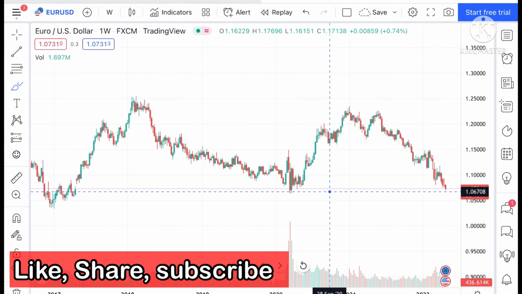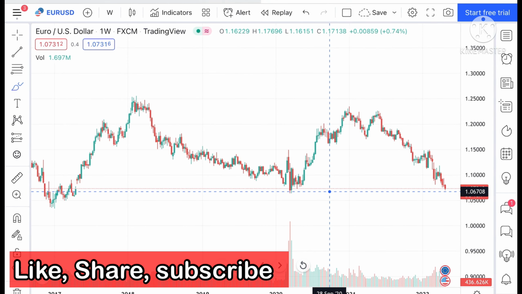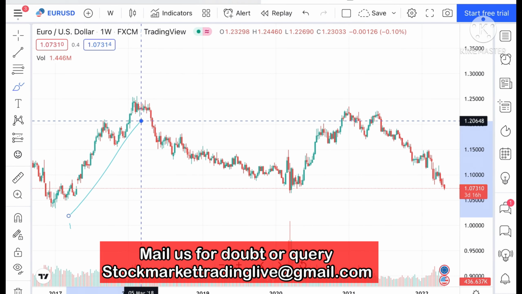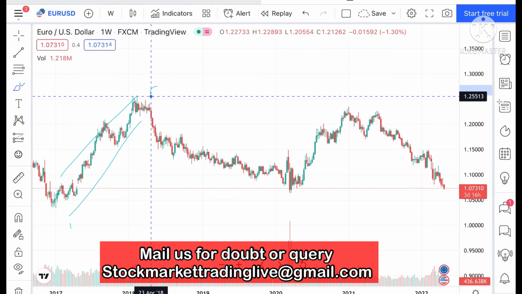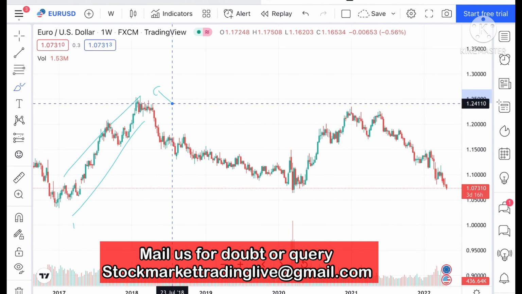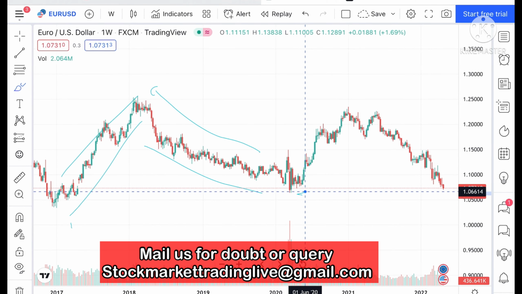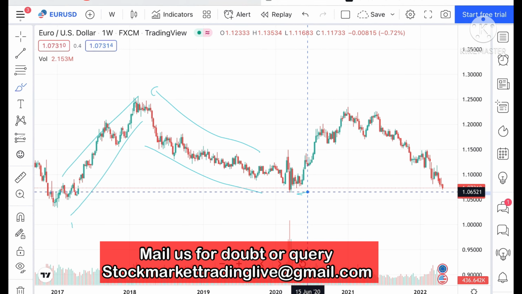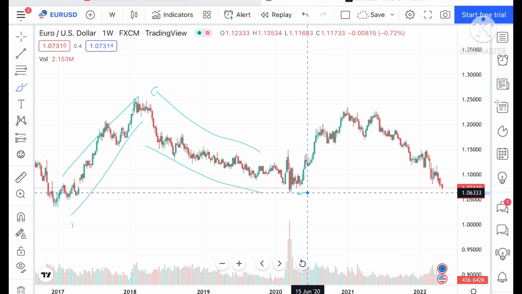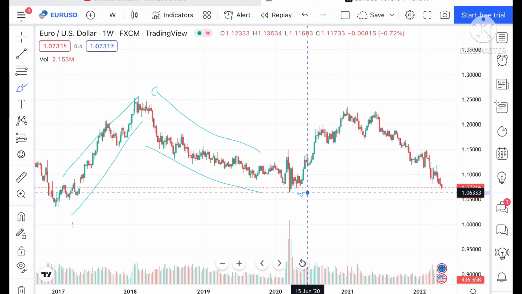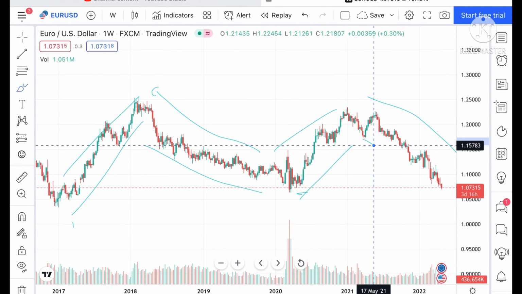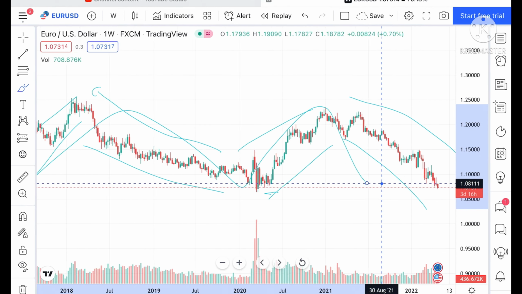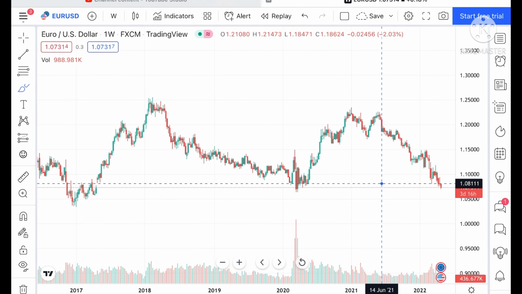Okay, if you look at the chart of Euro USD, what we can see is that from 2007 it made a low and from there it went up. It made a high of around 1.255 and from there it came down. After touching this particular low of around 1.06521 or we can say 1.06333, it went up again and then from there it continues lower. An IM pattern is forming. So what we can see, suppose if the price didn't sustain this particular level, before that